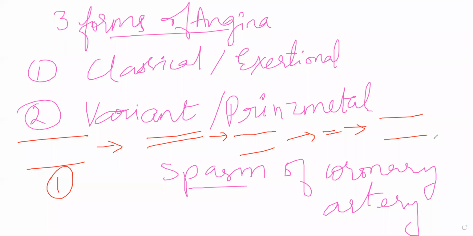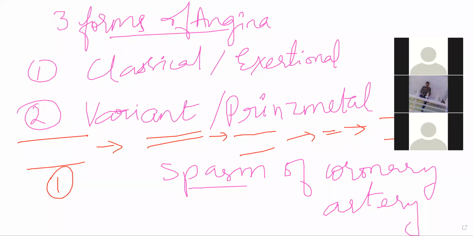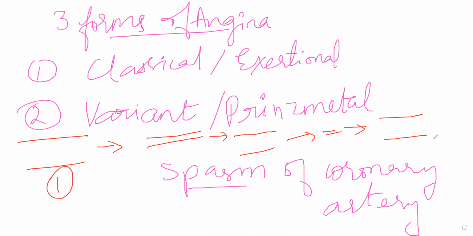As a result, these patients will have angina even at rest. Even if they are not exerting themselves in any way, because of spasms of the coronary artery they can have angina, that is variant or Prinzmetal angina. ठीक है, समझ में आया ये? Those blood vessels are essentially undergoing transient spasms. Transient का मतलब over time they are switching. Essentially they are time changes. तो एक टाइम पे dilated रहता है, immediately contract होता है, फिर dilate होता है, फिर contract होता है.